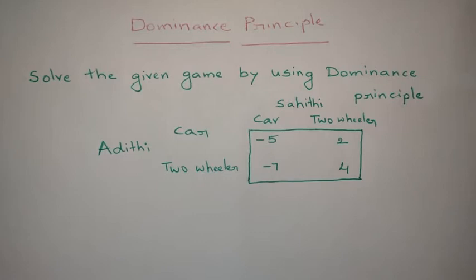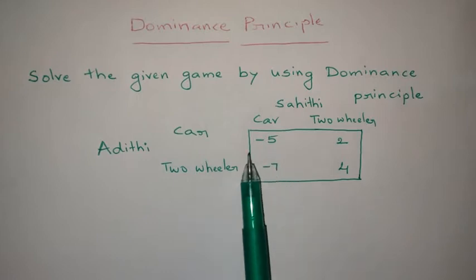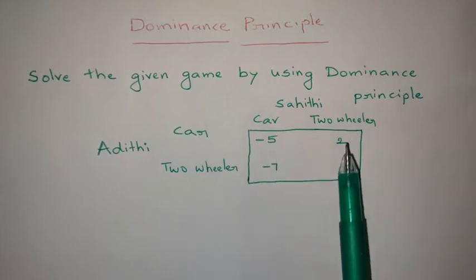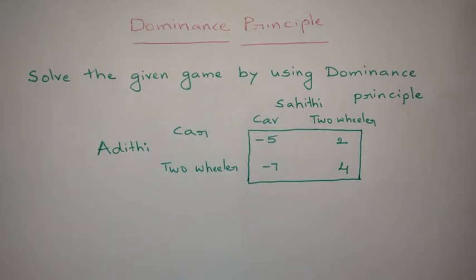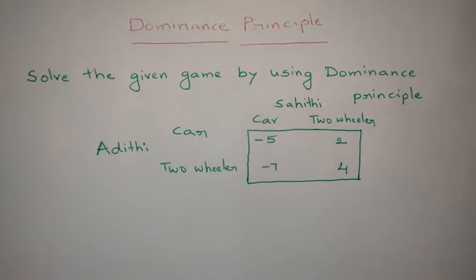So, in the name itself, it is dominance. Dominance means here in game theory, in the payoff matrix, there is presence of rows and columns. So definitely one row will be dominated by, or will dominate, the other row, or one column will be dominated by or will dominate the other column. In those situations, we will remove one row or column, depending on whether it is a row or column.